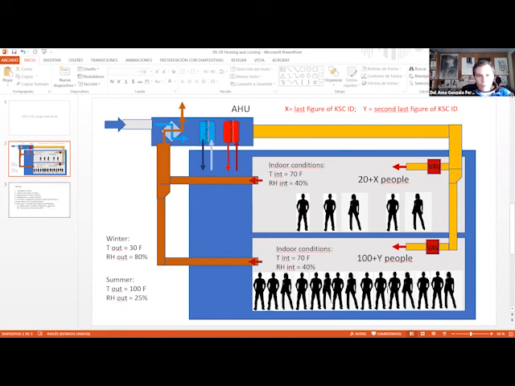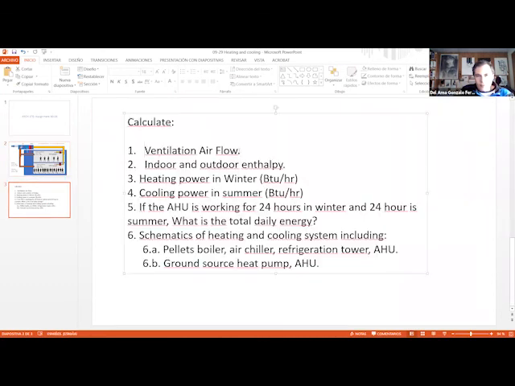You can start working on the calculations. You have to calculate the ventilation airflow, the indoor and outdoor enthalpy, the heating power in winter, the cooling power in summer, and the energy. And then you have to prepare the schematics for heating and cooling system, including pellets boiler, air chiller, refrigeration tower, and air handling units. This is option A. And option B, it's ground source heat pump and air handling units. Okay, so